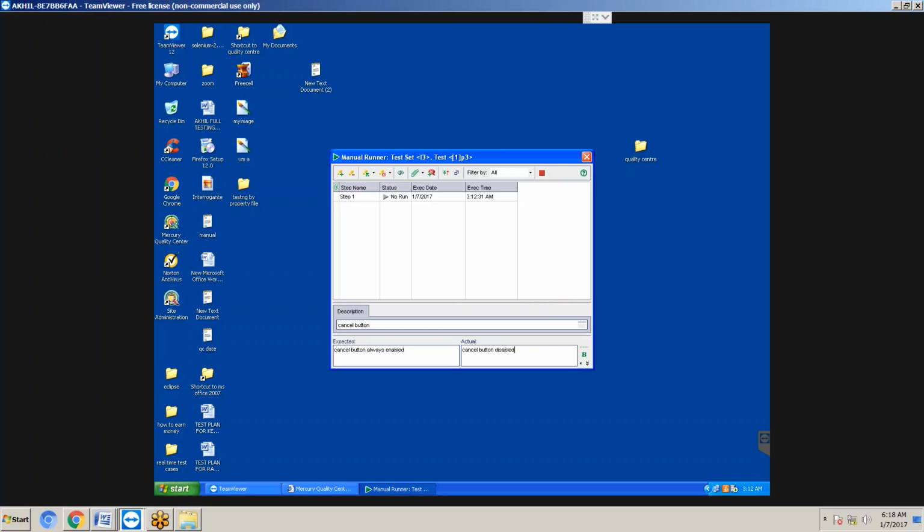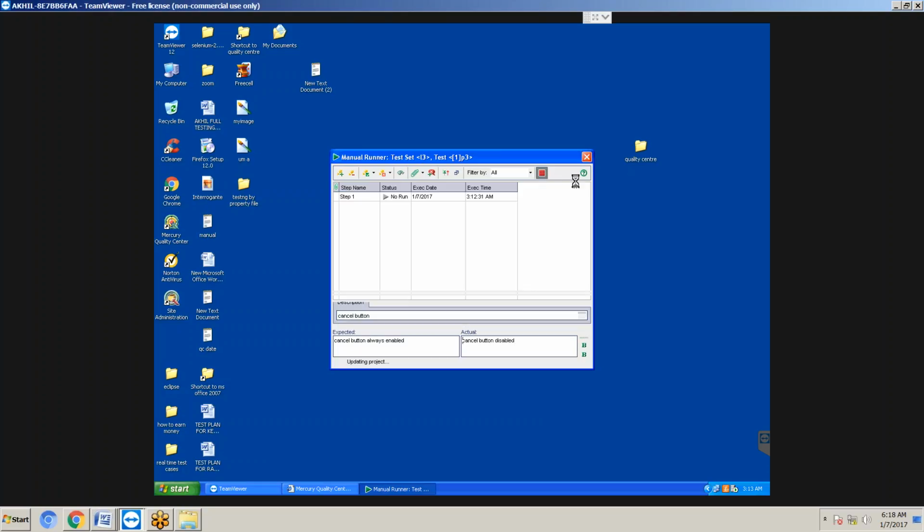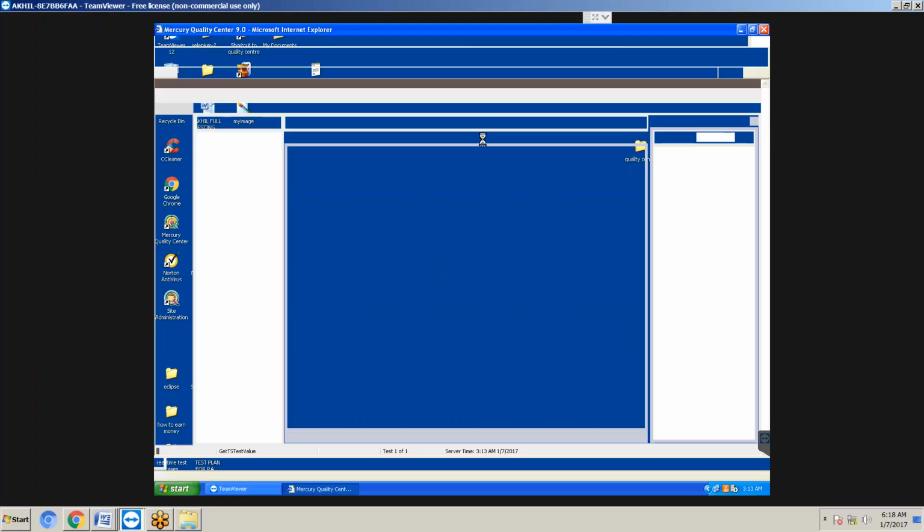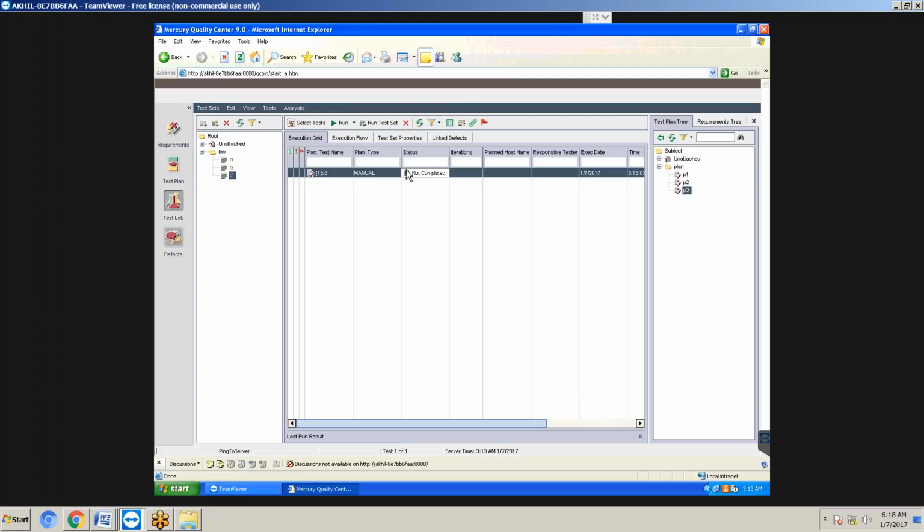The developer's application came to the testing area and I'm seeing that the cancel button is disabled. So stop testing. I'm giving the status failed.